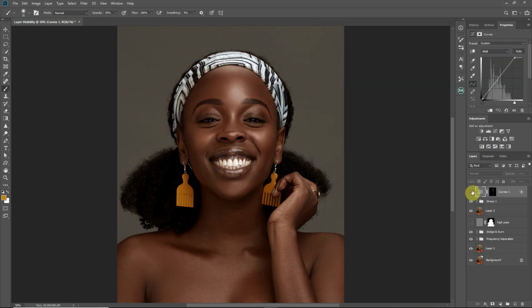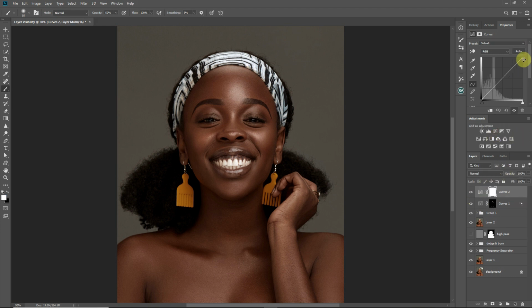Okay, all right. So there's before and after, before and after. You want to reduce the opacity way down. It's about 24. Yeah, very subtle changes. Okay, that's fine. I'll create another one